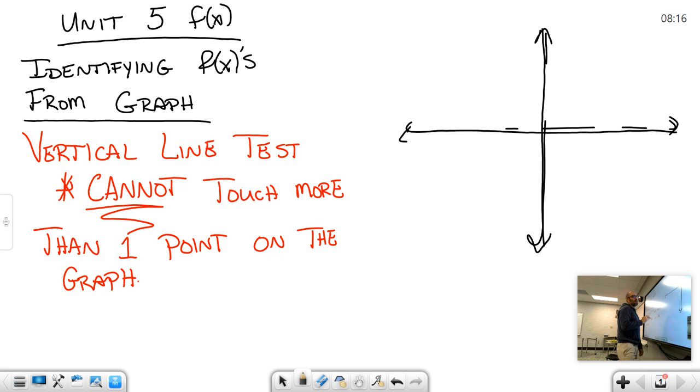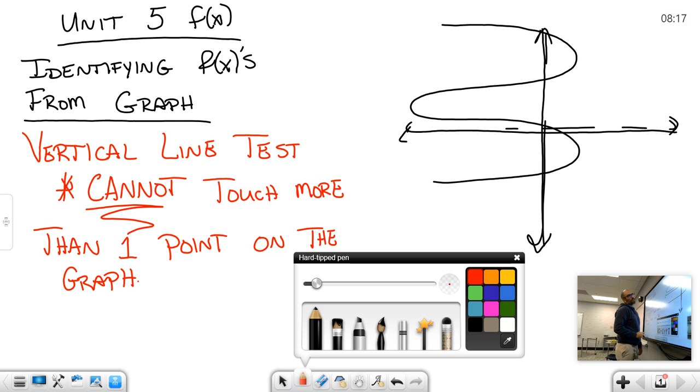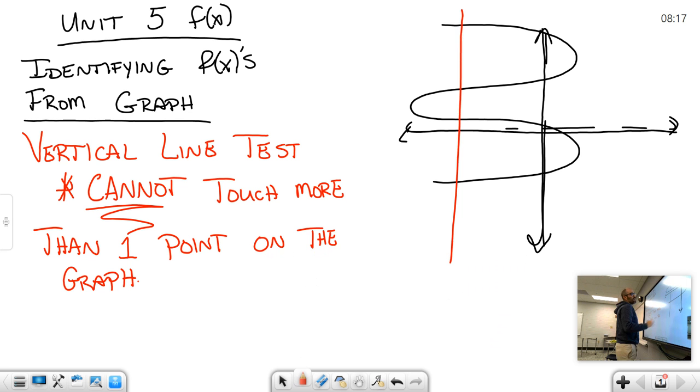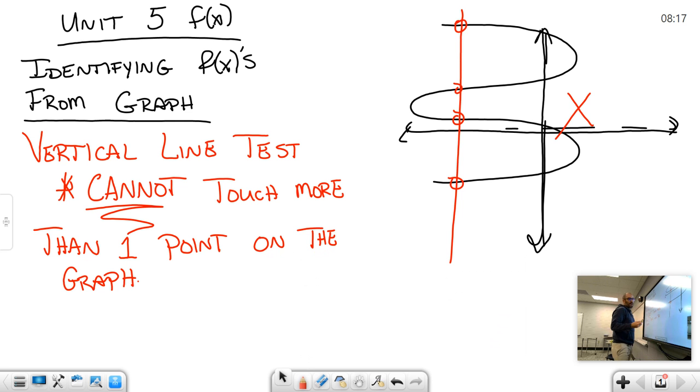All right, let's say, okay, here we go. Would this be a function? Okay, if we graph this, I think this is your tangent. If I drew a straight line here, a vertical line, 1, 2, 3, it touched 4 points, not a function. Okay, that would not be a function there. All right, so with the vertical line test, we're determining a function from a graph, and when we're determining a function just from a group of numbers or group of points, you're looking at those x coordinates. If those x coordinates repeat, it's not a function. Vertical line test, if it touches more than 1 point,